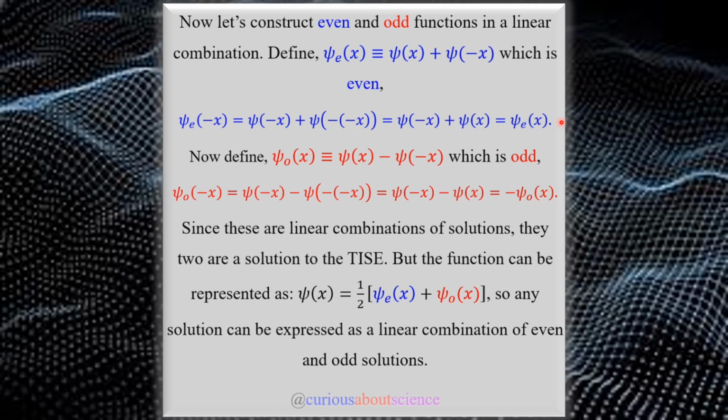Real quick, for the odd, all we have to do is change the sign on the negative portion of this, and we can prove that it's odd because psi o of -x is equal to negative psi o of x, and here are the steps, much like the even part. Whenever you're doing even and odd functions, always remember that negatives go to the odd. But since these are linear combinations of the solutions, they too, this should be a T-O-O. Don't let autocomplete work all the time. It will make spelling errors like this, but nonetheless, this too is a solution to the time-independent Schrodinger equation.